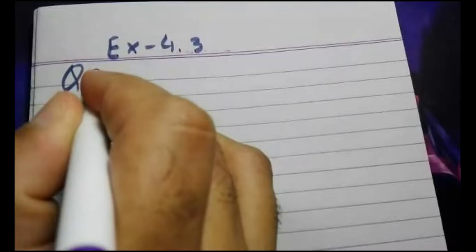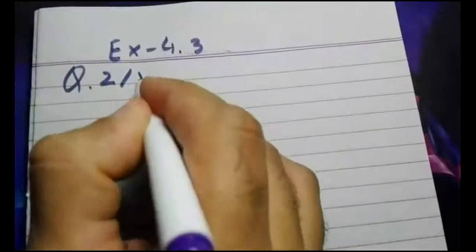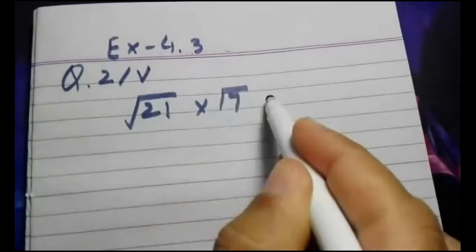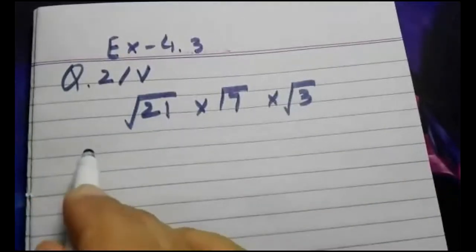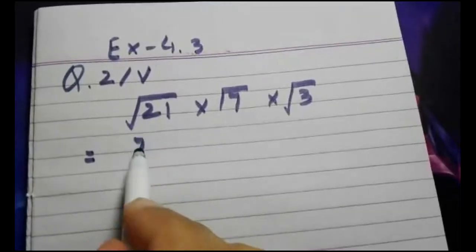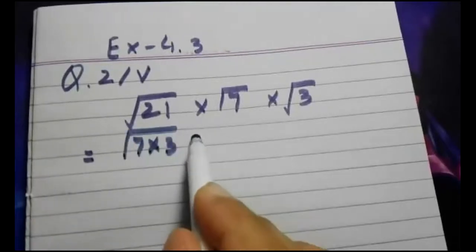We were working with exercise 4.3 and question number 2. It's part number 5. So it was under root 21, under root 7, under root 3, like this one. And I told you yesterday that we will break these numbers as multiples of prime numbers. So you will write 21 as 7 into 3. Both are the prime numbers. 7 as it is. And under root 3,